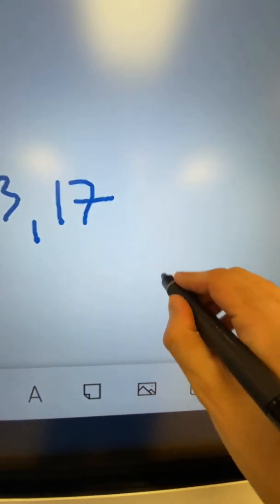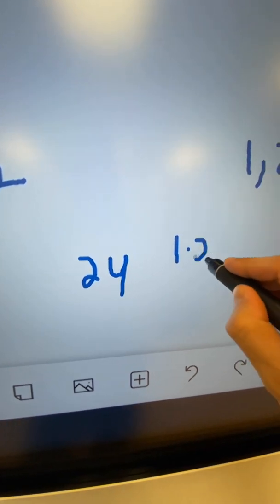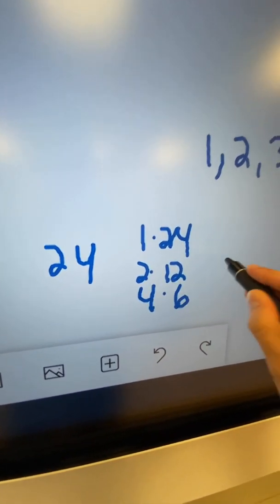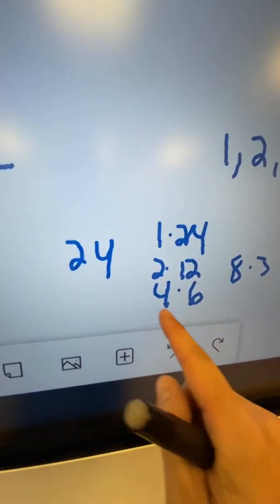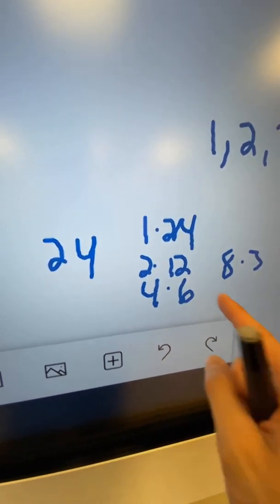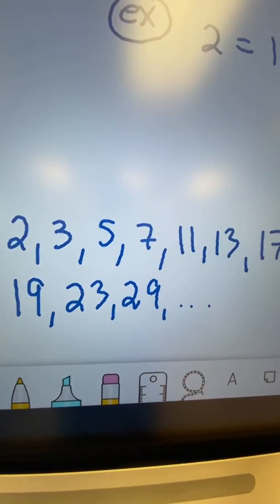But the moment you put in a number like 24, that will not be a prime number, because you could multiply 1 times 24, 2 times 12, 4 times 6, 8 times 3. So composite numbers, you can see, have more than one set of factors that when you multiply them together, you get 24. So again, have this as a reference, and this will help you when you have to do stuff like prime